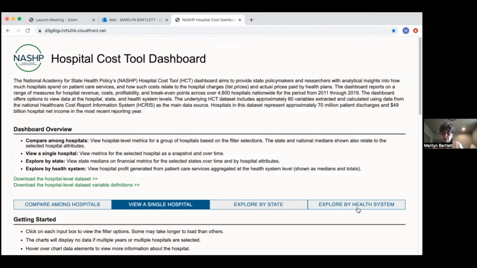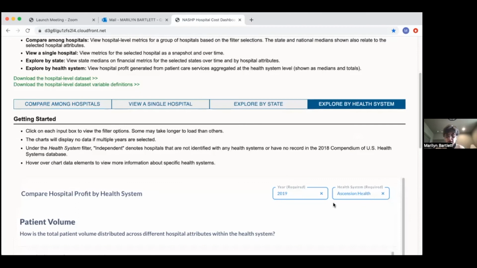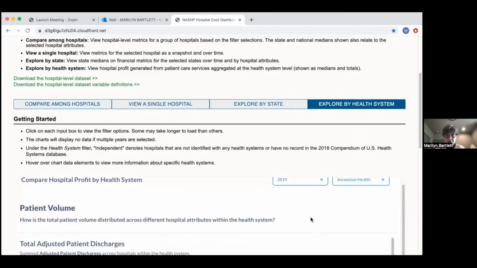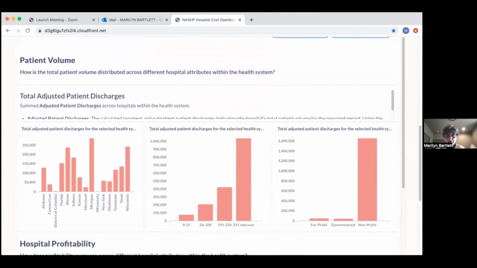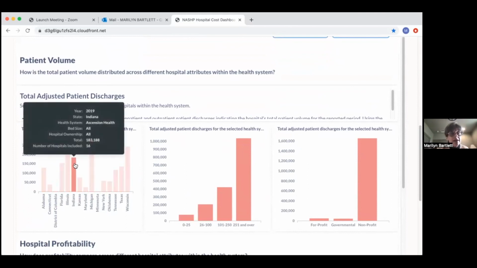So now I want to skip over to Explore by Health System. Because this particular hospital is with Ascension Health, and we know Ascension is in a lot of states, we wanted to see what that would look like from the system perspective. So we look first at the total number of patient-adjusted discharges. This is going to include inpatient and outpatient, so basically the number of patients. And we see that Indiana isn't the highest,